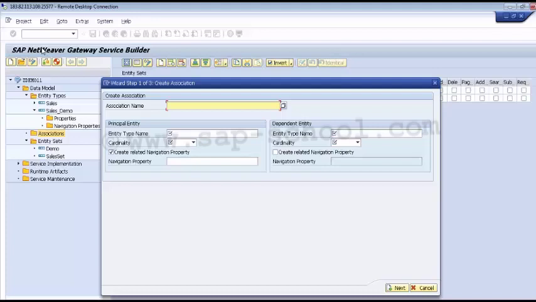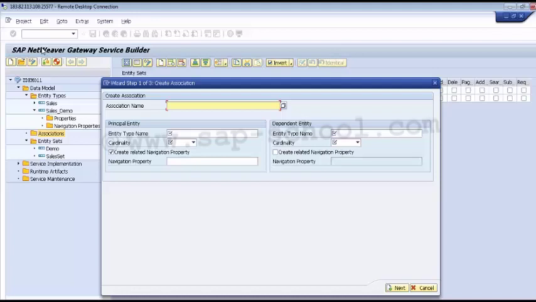The first one is the association name. This name specifies a name for the new association to be created. An error message will be displayed if we do not specify a name, or if the name contains a character that is not allowed. Under this field we have different areas like the principal entity. In the principal entity we have to give the entity type name.